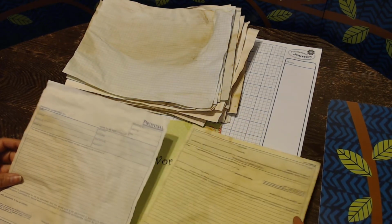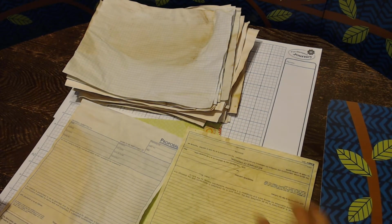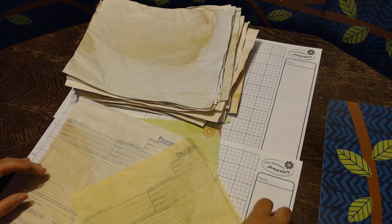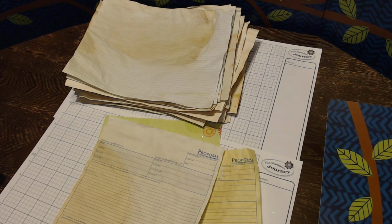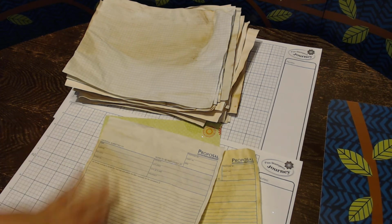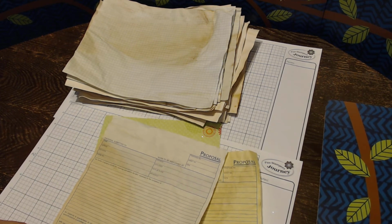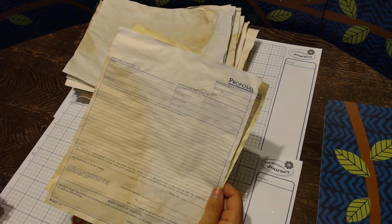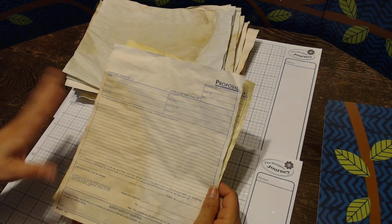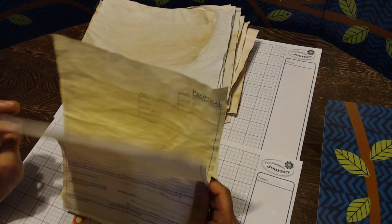I do have the proposal papers, and we did a bunch of tea dyeing for those. There are 2, a carbon copy and the regular, for proposal papers. Isn't that funny? It says, we hereby propose to furnish the materials and perform the labor necessary for completion of, and so on. It's like if you were going to provide services for something, and then you would complete these papers, but they're just too cute,